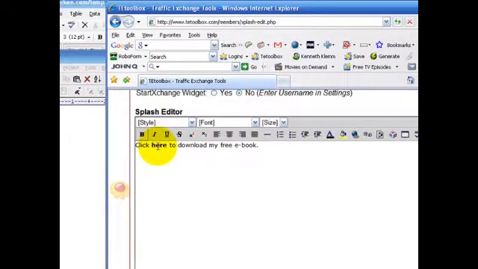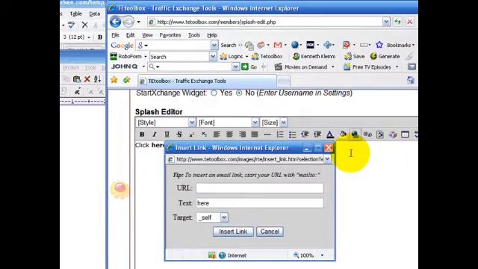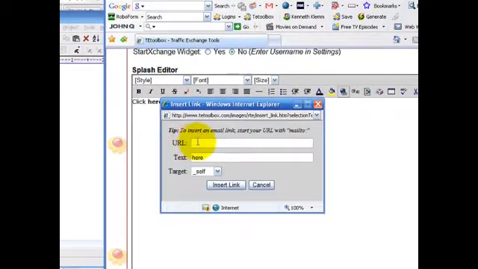You can create hyperlinks in this kind of editor by highlighting the word you want to turn into a link, and then find the button that looks like a globe with a chain link on it. That's the Insert Hyperlink button. You just click on that, and that'll pop up a little gizmo where you can put in your hyperlink. Like here, they're asking for the URL. You type in your URL,